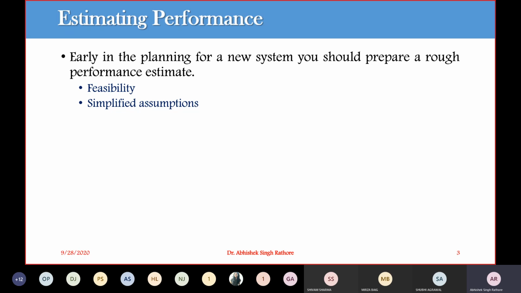Getting within a factor of 2 is usually sufficient, although what you can achieve depends on your problem. The calculation should be fast, and it involves some common sense. So when we are estimating performance, we must include our common sense while designing the system. We will have to make simplified assumptions. We don't worry about details, we just go for the approximation, estimation, or a guess if it is necessary.